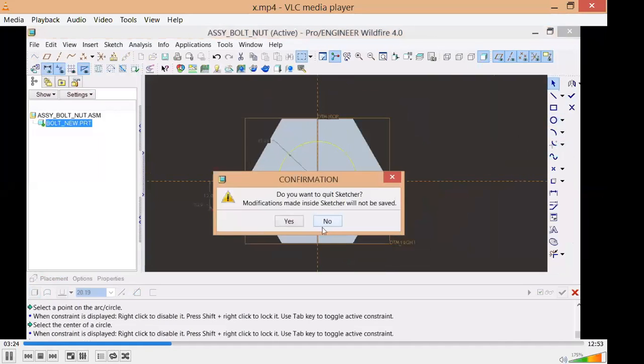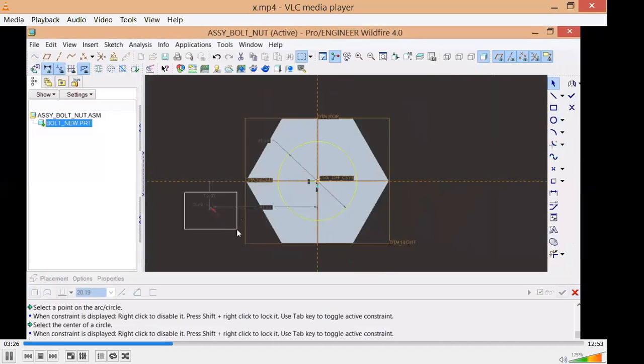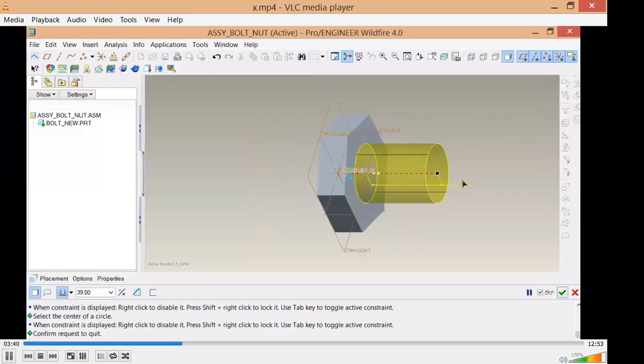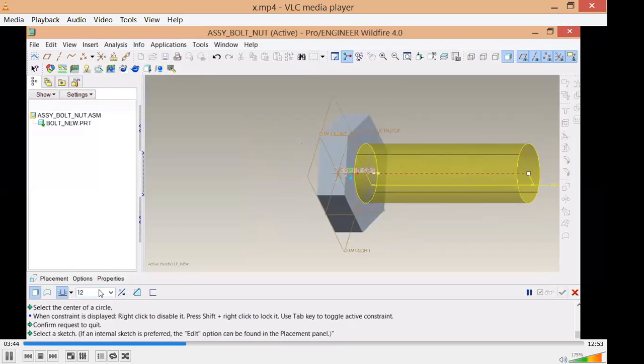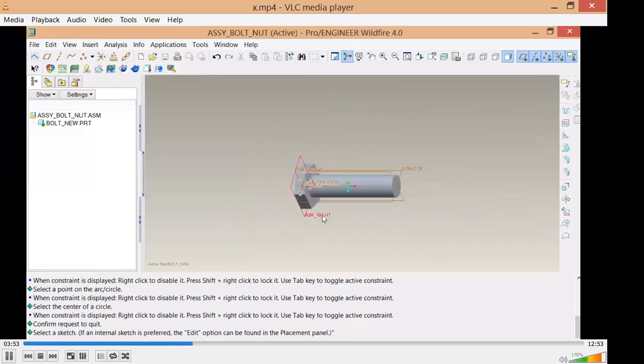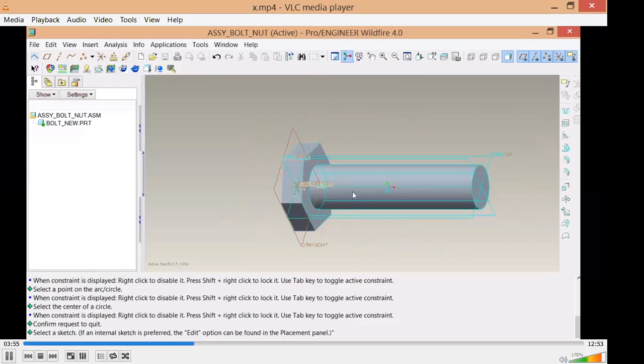Okay, so by mistake I've clicked it here. I'm deleting this extra feature, changing the diameter value, diameter set to 30. The side value is also 30. The diameter is also 30. So that is the bolt dimension. The side value as well as the diameters are the same for a hexagonal bolt, except if it is a special type of bolt. I've given 120 as the extrusion length and completed this.